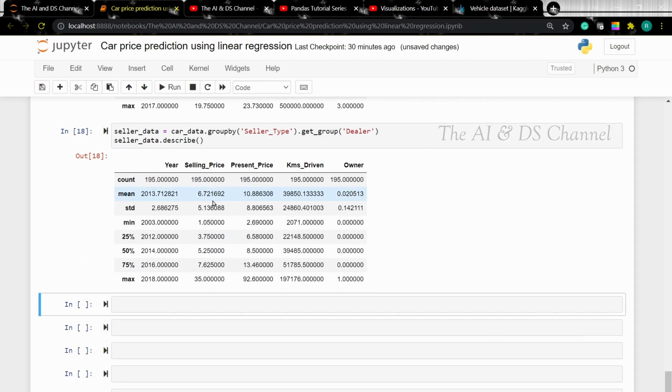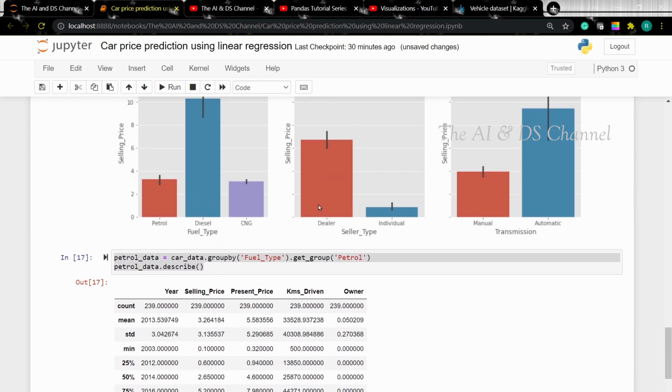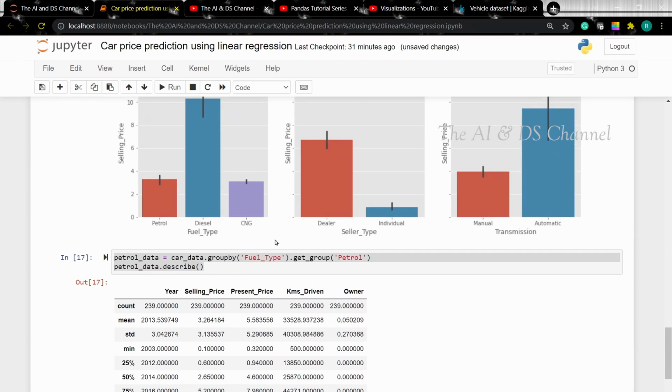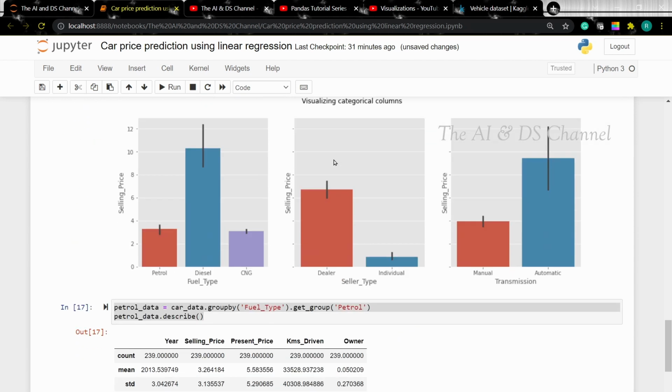Similarly, we can see the mean price of dealer is 6.7, that is plotted over here. Max value of dealer in seller type is 35, and that is being plotted over here.